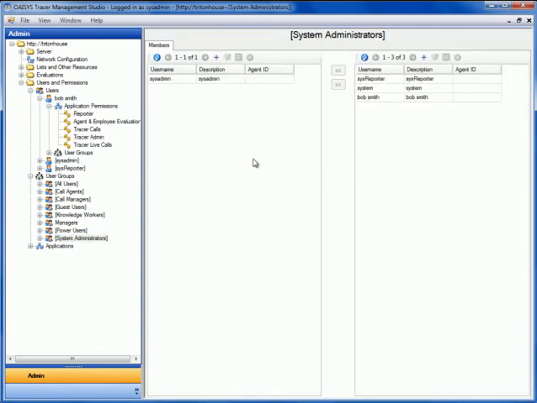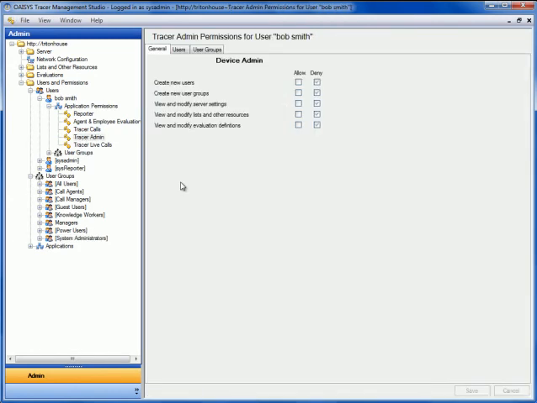If I put somebody in the system administrator group, they have full-blown, unrestricted access to do any sort of administrative configurations that they would need. However, if you want to, you can give granular administrative permissions. This general tab basically points to the different folder tree elements on the admin side that you'd want them to have access to. So I can allow them to create new users and user groups, work with this users and permissions folder, view and modify server settings, work with things like backup and archive and recording rules and more sensitive